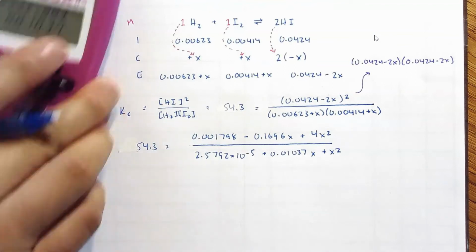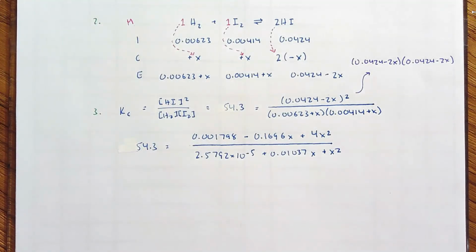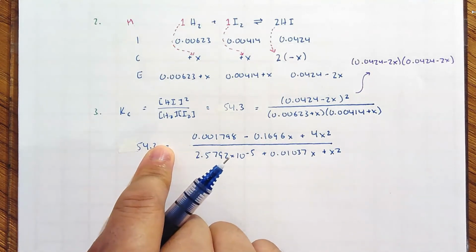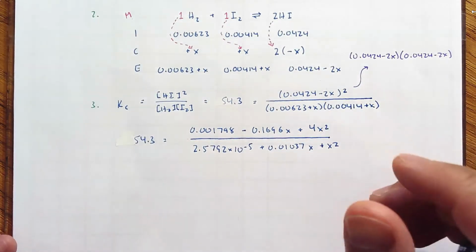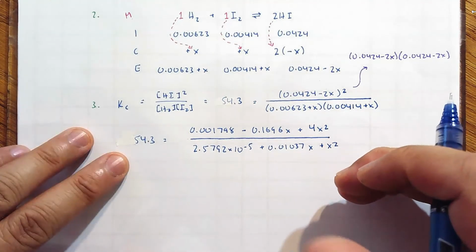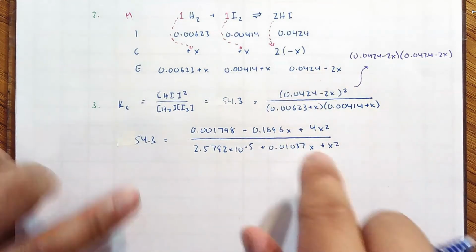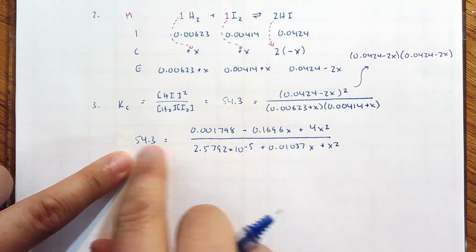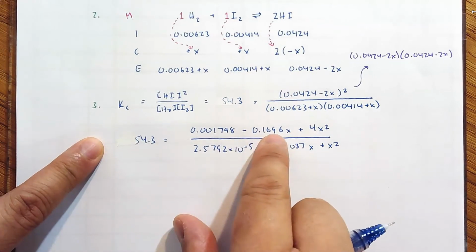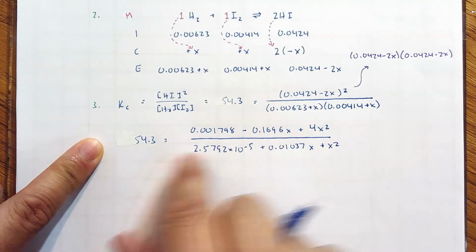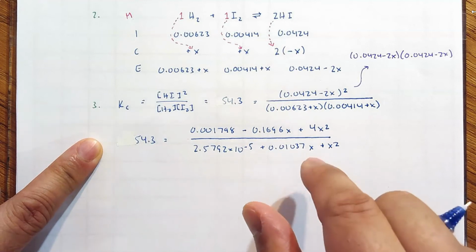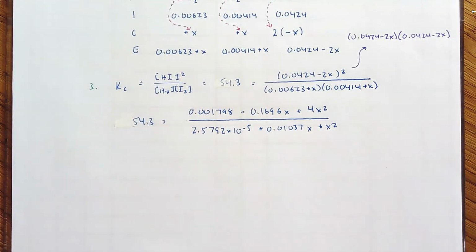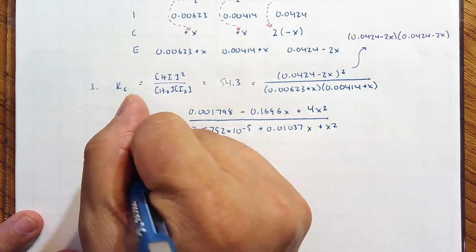Okay. When we cross multiply, I'm not going to show you the work, but what I'm doing next is cross multiplying the denominator by this number, and then bringing everything to the left side because we're going to have to use what's called the quadratic equation. So if you do that, we actually get